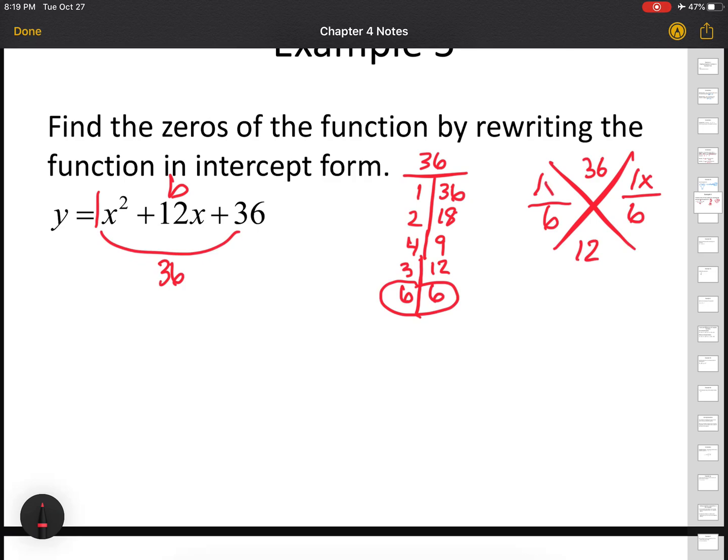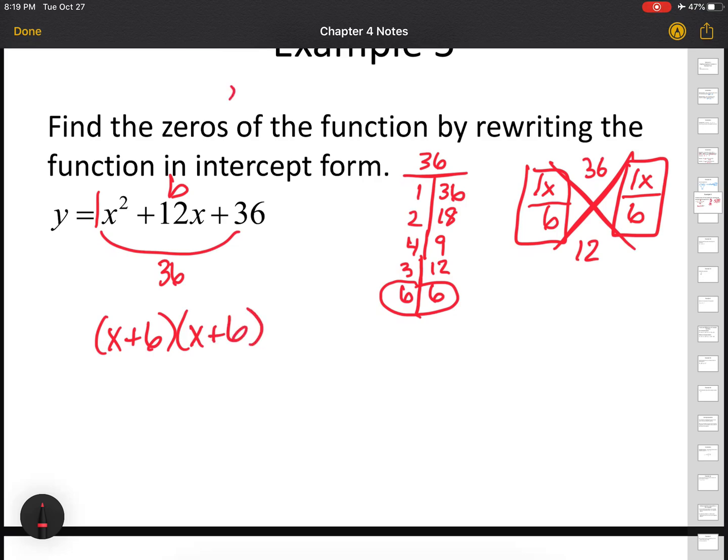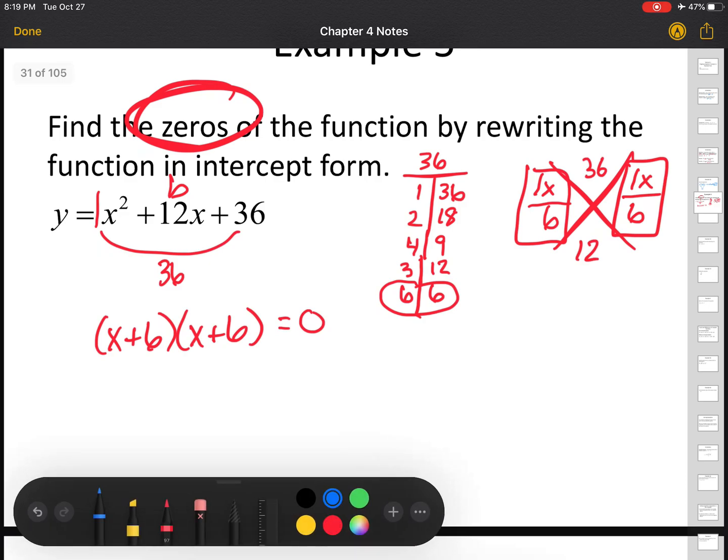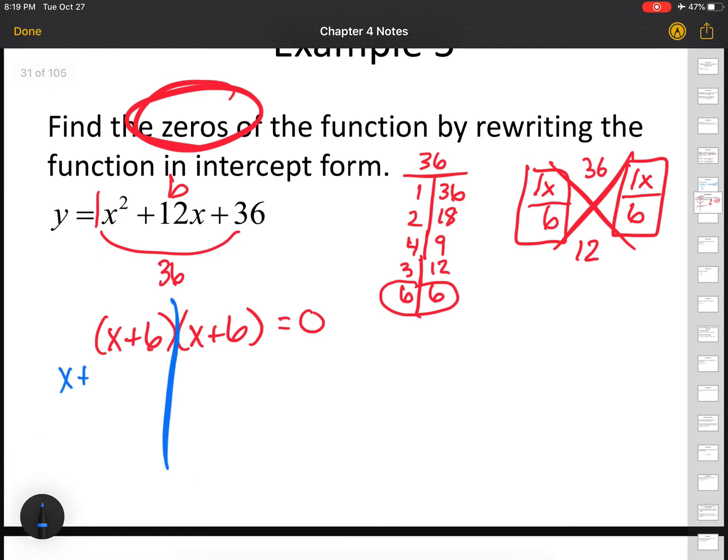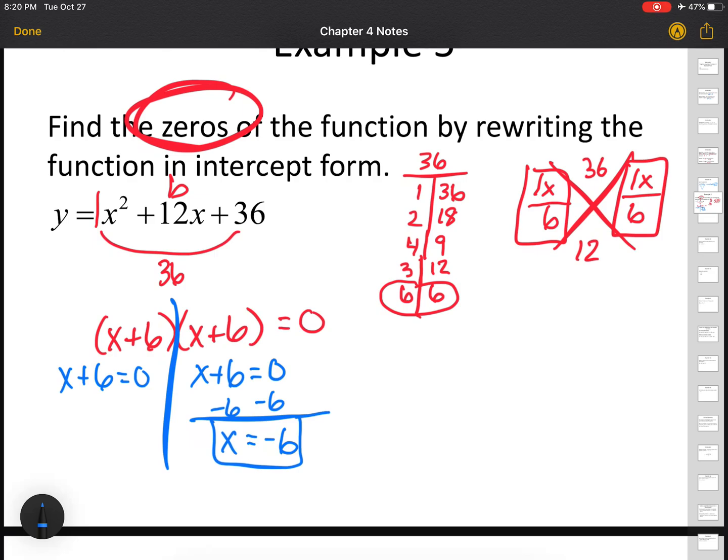And I'm putting a 1 up there because my a was 1, and I'm attaching an x. So since they are the same thing, I do need to write them out twice. So x plus 6 and x plus 6. And again, since I want zeros, set that equal to 0. Now I need to split and solve it. So x plus 6 equals 0 and x plus 6 equals 0. And since they're both the same thing, I only need to do one of them. So 0 minus 6 is negative 6. So my only zero in this case